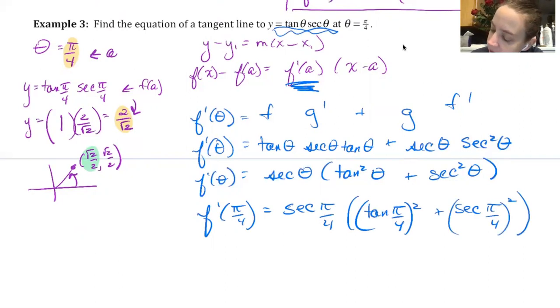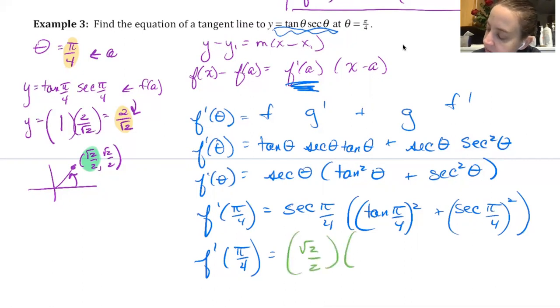Okay. So secant, again, is related to cosine, right? And my cosine term is this green one over here. We highlighted this guy. Cosine is root 2 over 2, but for secant, we need the reciprocal of it. So maybe we'll make this green too. This is root 2 over 2. And I've got another one of those over here. This is root 2 over 2 quantity squared. And then